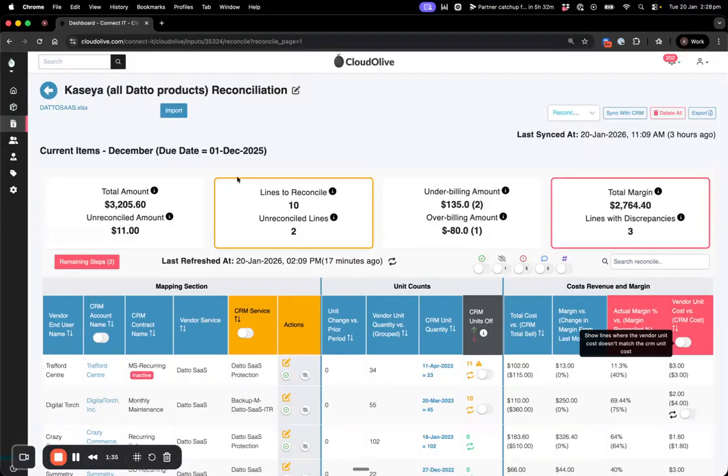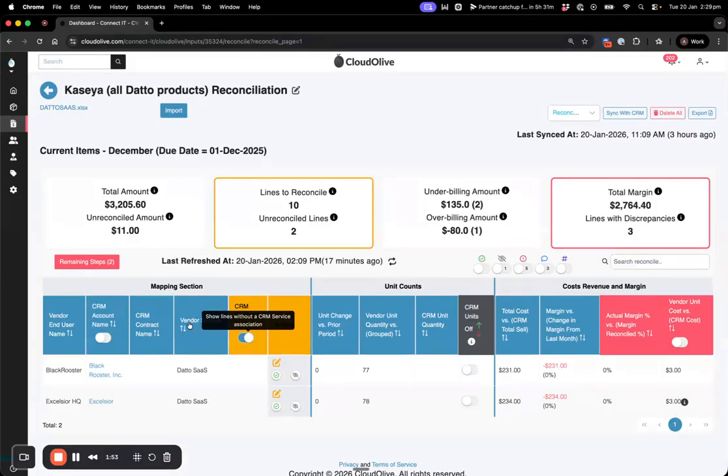In terms of the color coding, so now you will notice the gold box here. Oh, I've got two unreconciled lines. I will go to the gold boxes below and take the relevant action on that. So unreconciled lines means that this column here has some blank. We've got a vendor service. We don't have anything in the CRM service. The next action you take, again, within that gold icon or color coding,